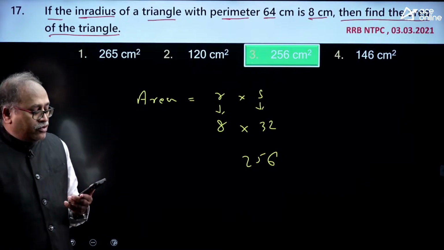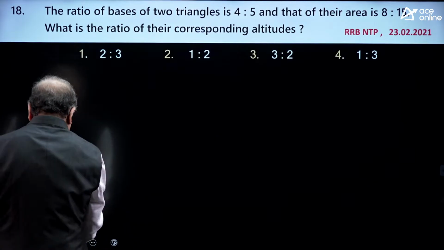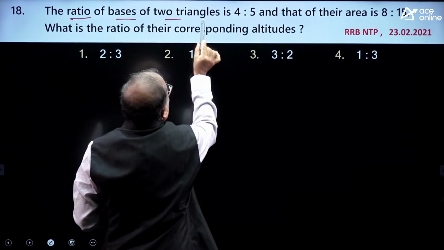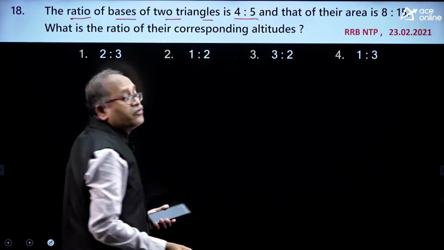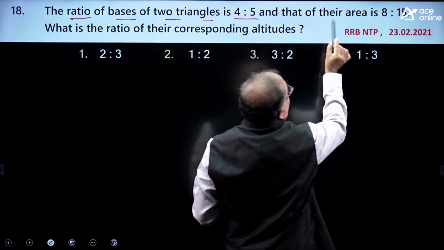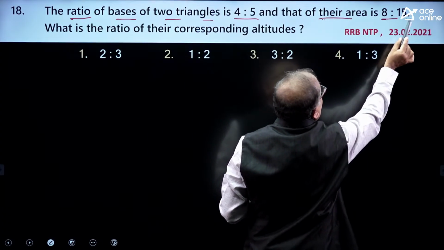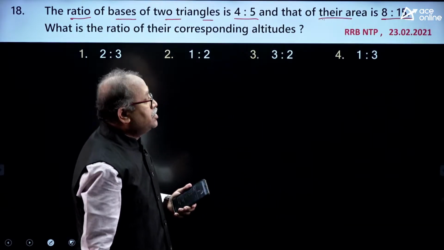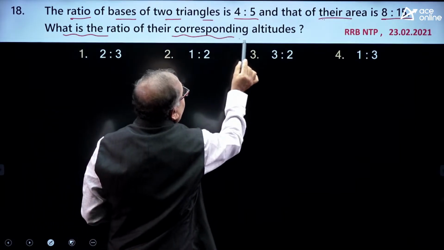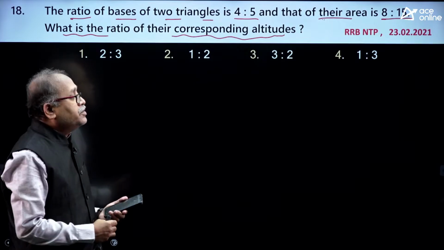Okay. Moving on to the next question, question number 18. Let me read the question. The ratio of the bases of two triangles is 4:5, and their areas are in the ratio of 8:15. So what is the ratio of their corresponding heights, altitudes? Okay, come on my dear friends,